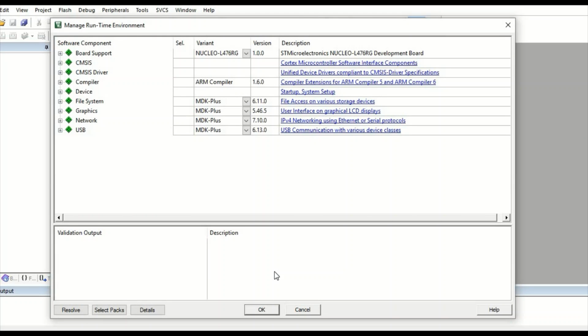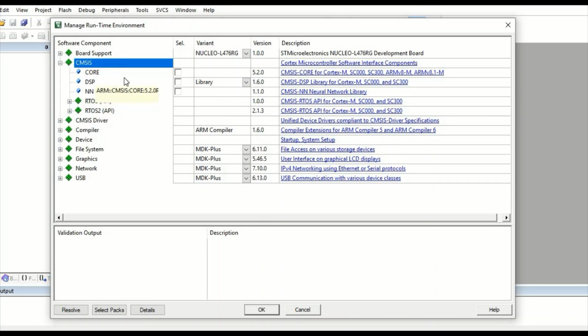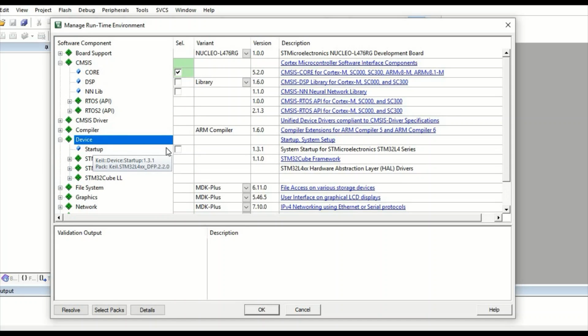Select OK. Now you have a Manage Run-Time Environment option. You have to go to two options. One is CMSIS, the other is Device. So first go to CMSIS. You have Core, DSP, NN Library, etc. options. Go to Core and select it. Now you need to go to Device. Select Startup. No other options need to be configured. Now just select OK.